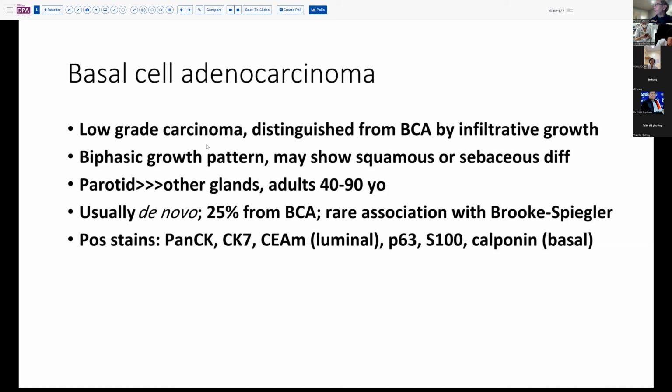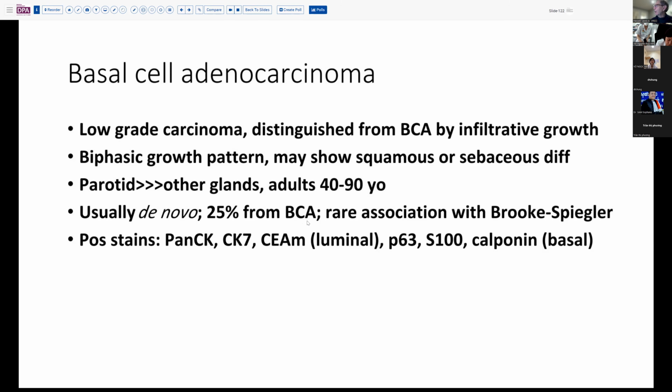This is a low-grade carcinoma, which generally has a somewhat biphasic growth pattern with maybe other elements, either sebaceous or squamous elements. It's more common in the parotid and usually in adults in the older age groups. About a quarter of them arise from basal cell adenomas. So this is why we like to see those excised